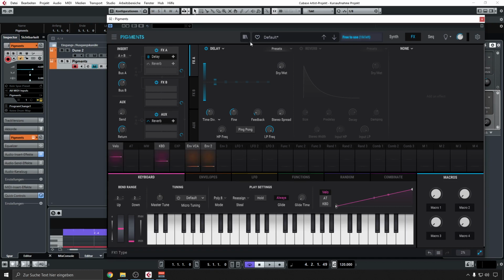Sometimes a little bit of delay can make a bass a bit more interesting, but really depends on what you're doing. If you play a short sequence like this, you won't have a lot of effect from the bass, because the notes play so quick that you don't hear the delay anyway. But if I play this solo now, or let me actually find a good rhythm first. So let's go for dotted, then maybe this. So if I play this,